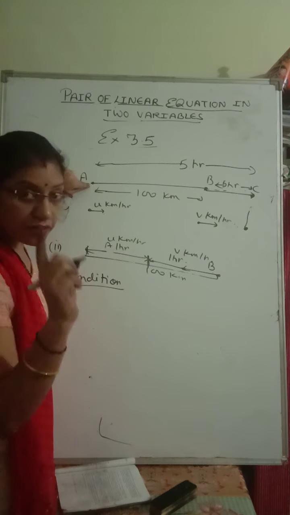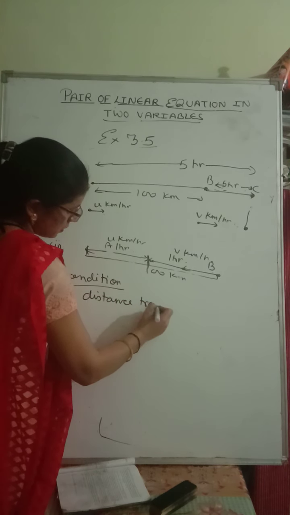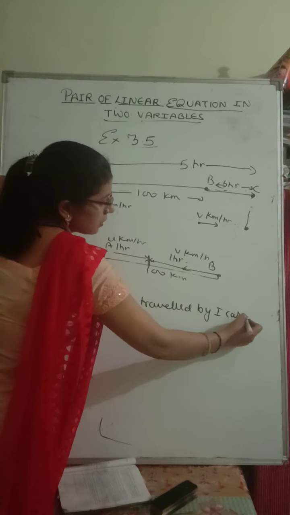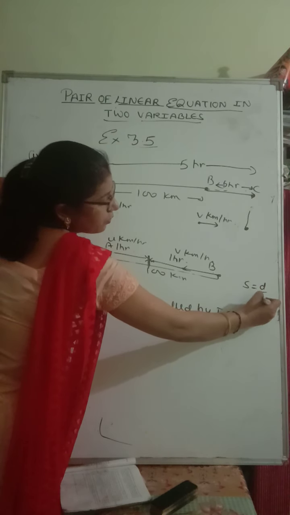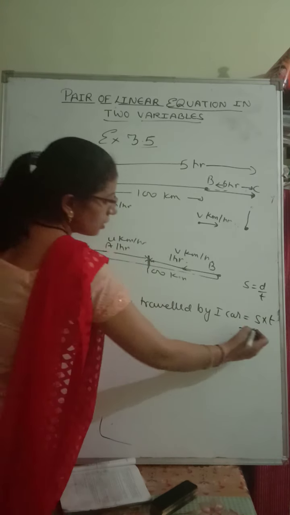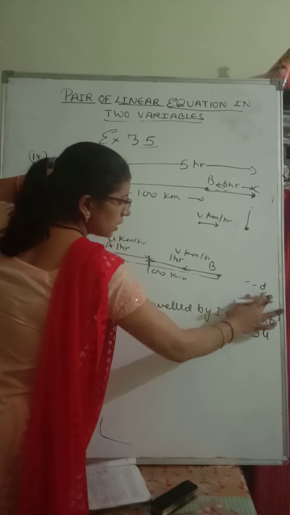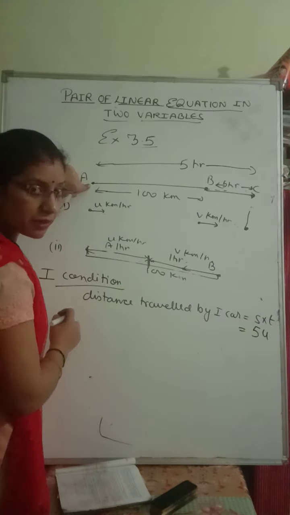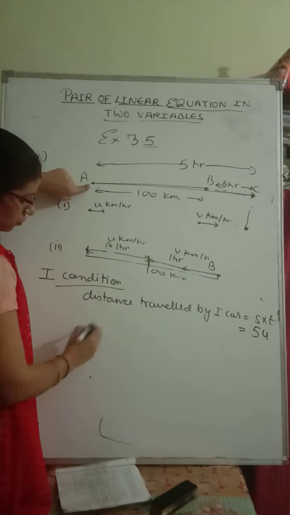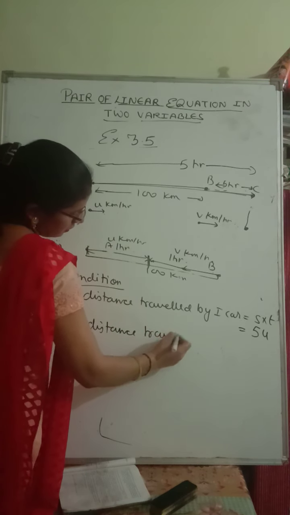What is the distance traveled by the first car? Speed equals distance upon time, so distance equals speed into time. What is the speed of the first car? u. And how much time does it take? 5 hours. So 5u. So 5u will be the distance traveled by the first car. So the distance from here to here is 5u. And the distance traveled by the second car